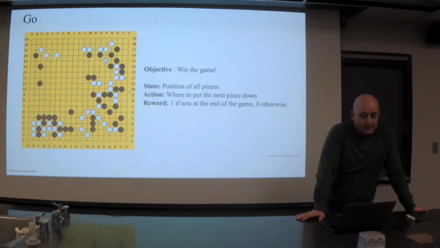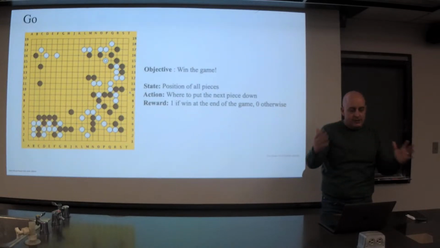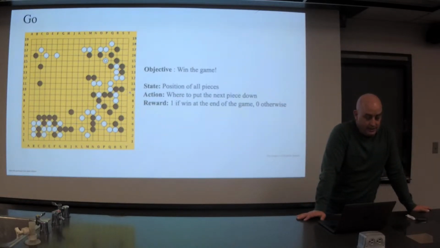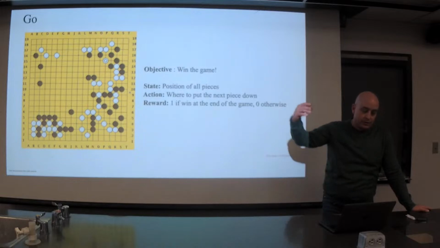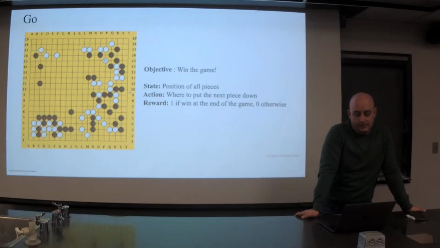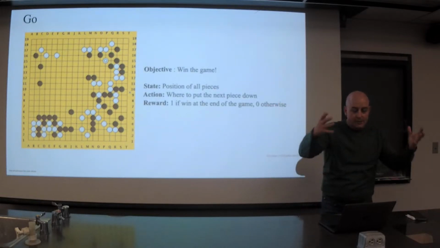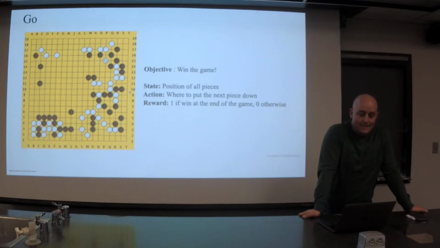Go was, up until 2016, when a reinforcement learning agent beat the world champions, the grandmasters in Go, really thought to be a game that machine learning would always struggle with, because